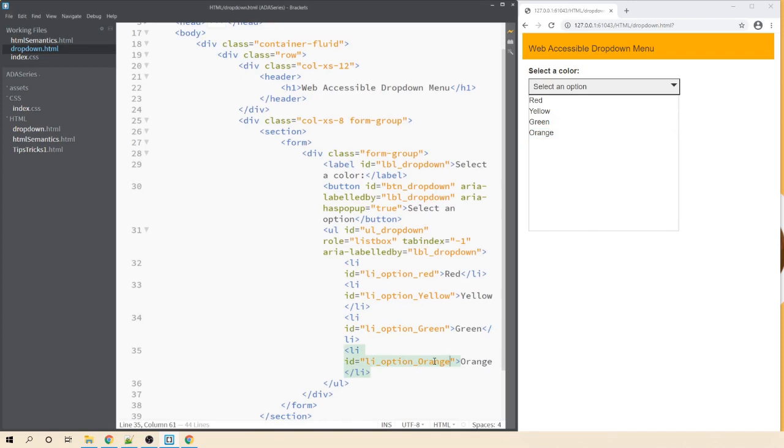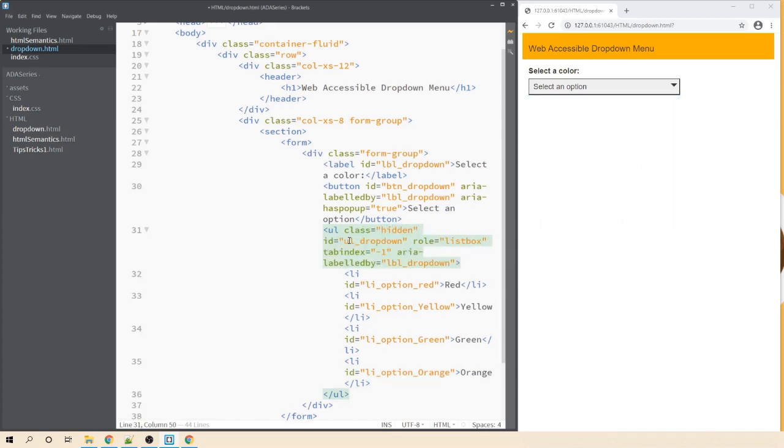Let's save it. Alright, we have our list, but this list is actually in the open state. Now let's go ahead and add a class that I added in my CSS. I'll say hidden. Now all the elements within this list are hidden. Next is to add the JavaScript that is needed to open or close this dropdown and other interactive event handlers